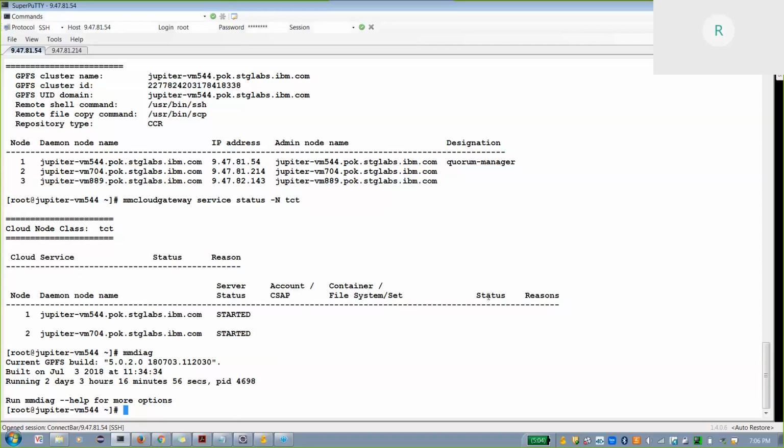So the point is, this video is not going to help you with your install. Our assumption is that you've installed and already set up a node class and installed transparent cloud tiering. That would be a different activity. But once you have all that set up, then this is how you configure